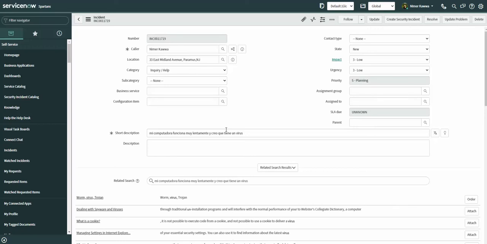Hello everyone. I'm going to show you today a new feature from ServiceNow that came with the New York release. This is the dynamic translation. Dynamic translation is a plugin that will allow your ServiceNow instance to work with machine translation services like IBM Watson